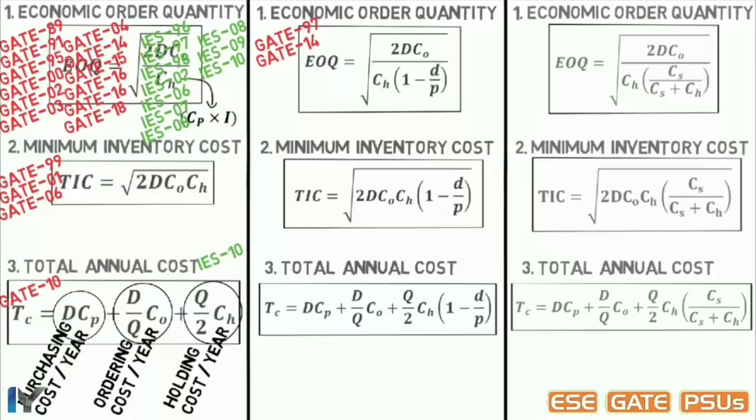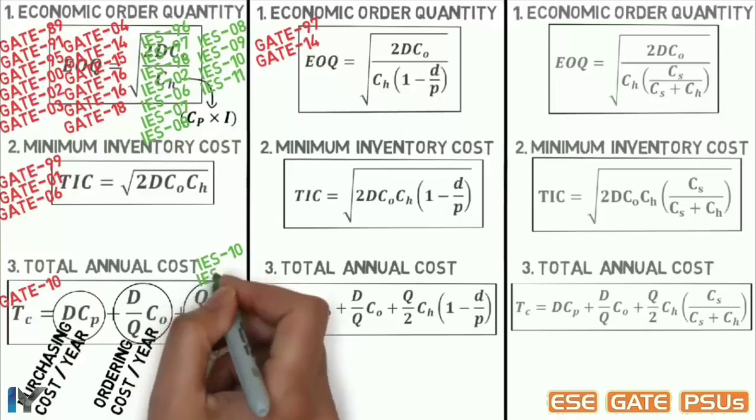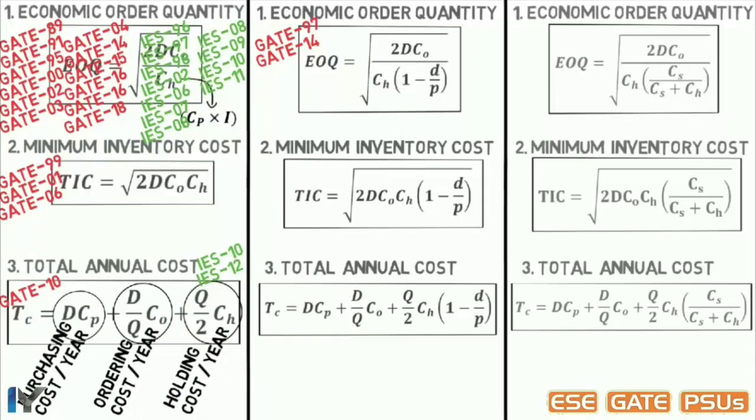Answer will be total cost per year. In IS 2011, if ordering cost is increased to 4 times, the EOQ will increase to. Here ordering cost is directly proportional to EOQ, so root 4 will give 2 times increment in EOQ. In IS 2012, in inventory control, the relevant costs are purchasing cost, ordering cost and holding cost.